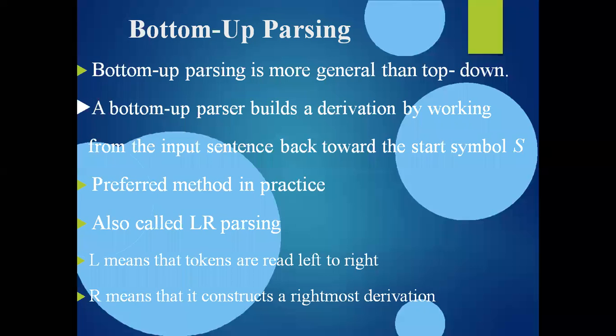In top down parsing, we already learned the LL(1) parsing technique, right? Make a note of these two. In top down, LL, both L's. In bottom up, LR. And here in the abbreviation, the first L is the same for both top down and bottom up. It means scanning or reading the input string from left to right. In the top down parser, the second one is L, where L is leftmost derivation. In top down parsing, we are applying the leftmost derivation, but here it is rightmost derivation. We are constructing the rightmost derivation in bottom up parsing.